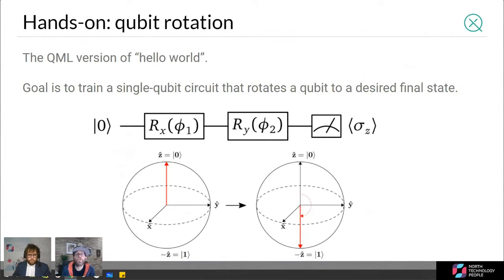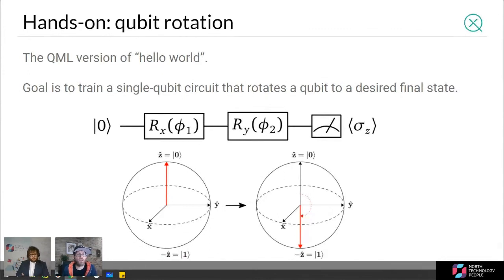Then we're going to train a circuit to take that qubit and, by applying two rotations, a rotation about the x-axis and a rotation about the y-axis, manipulate that quantum state so that it ends up pointing in the negative Z direction, the sphere on the right, where the red arrow is pointing down, without specifying what those angles should be.